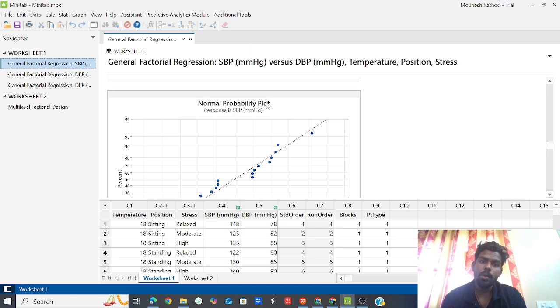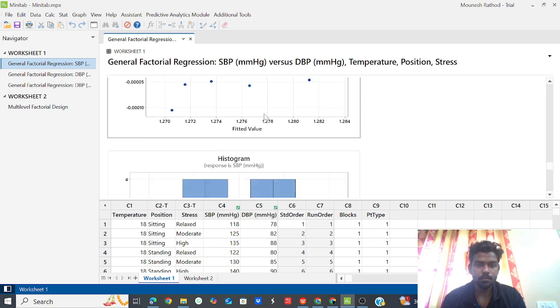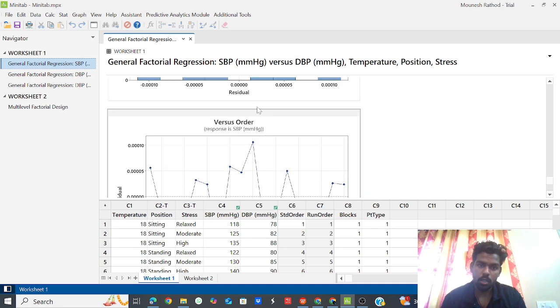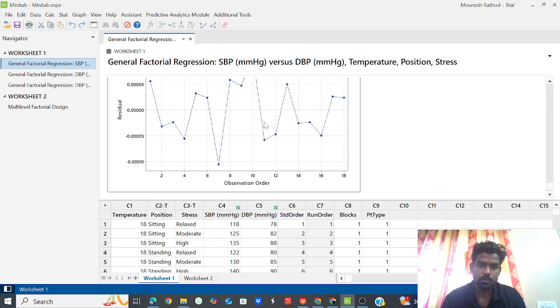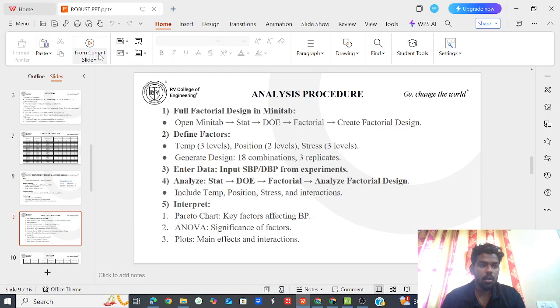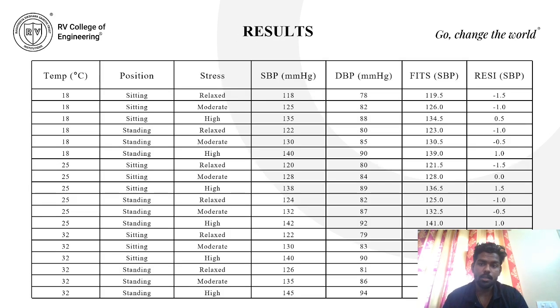This is the normal probability plot, versus fits, histogram, and versus order for the response SBP. So this is the analysis procedure. So this is the result that we get. The fits,